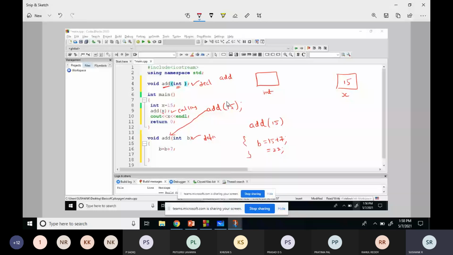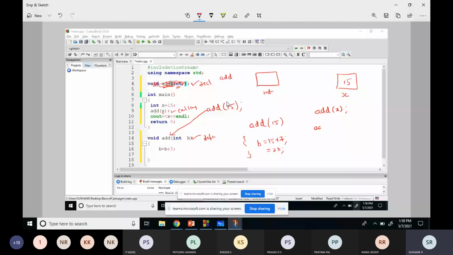But before that, let us understand a few things. Here it is expecting integer. So you forget about this line. We'll concentrate on this. What is written? Add x and add integer b.